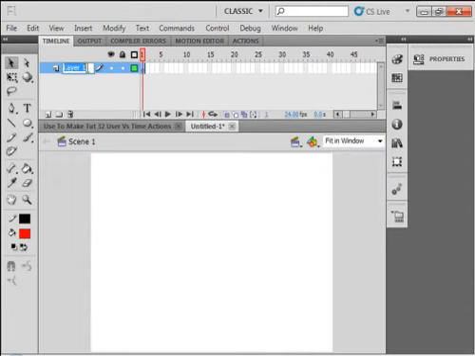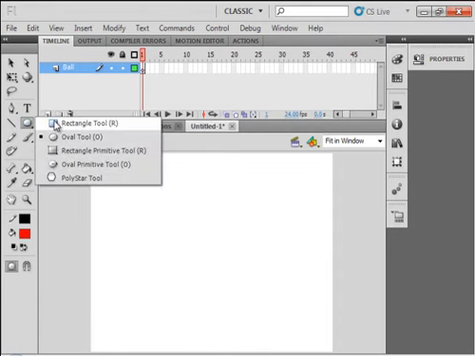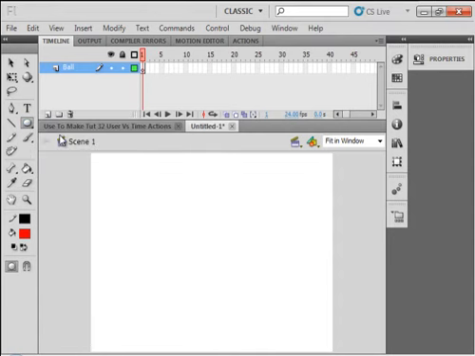The first layer I'm going to call Ball, B-A-L-L, and I'm going to pick up my oval tool. If you haven't got it, go to the rectangle tool, pick up the oval tool, select layer 1. I have a black stroke and a red fill, and I'm going to draw a ball. While it's highlighted,